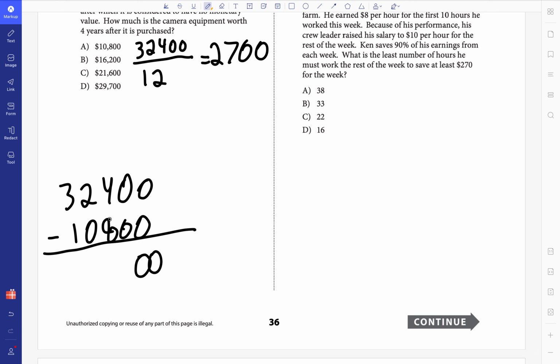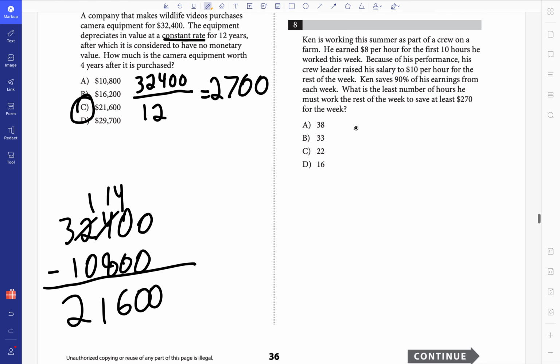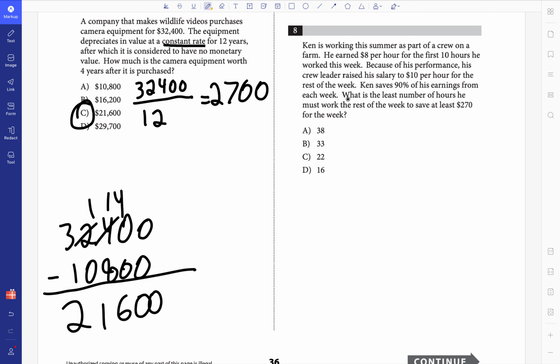So this is 0, 0, 1, 14. 14 minus 8 is 6, 1, 2, 21,600. And we got C, even though it took a little bit of process, but we got it in the end. Okay, so